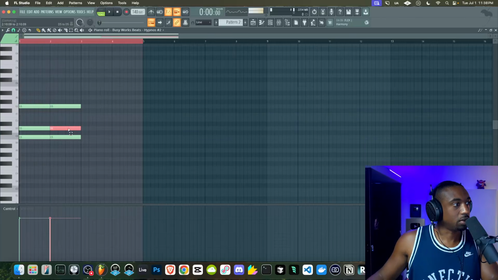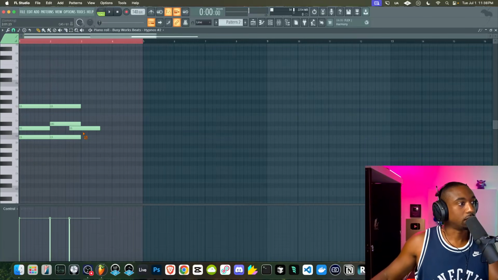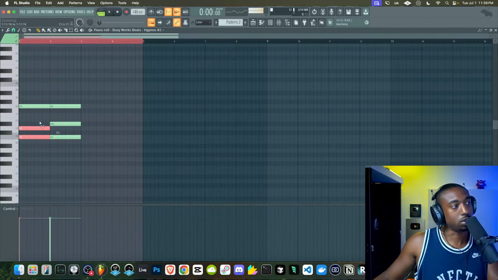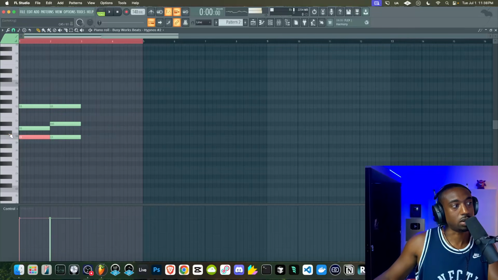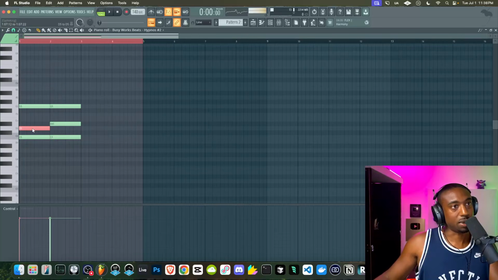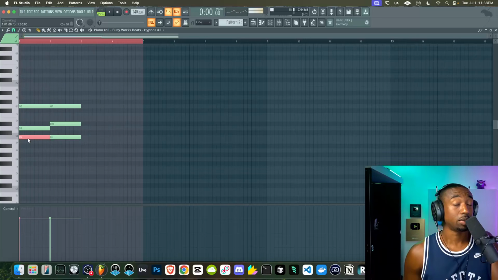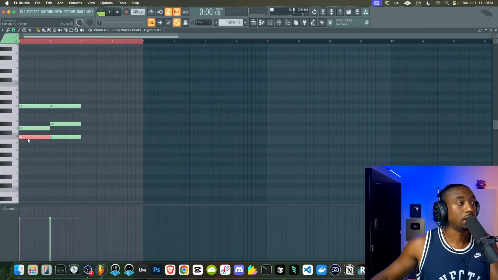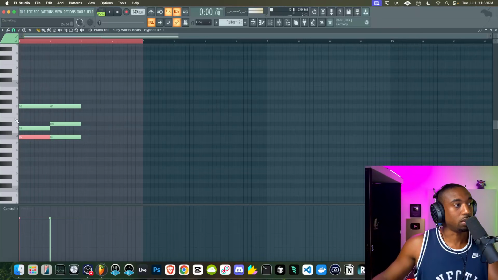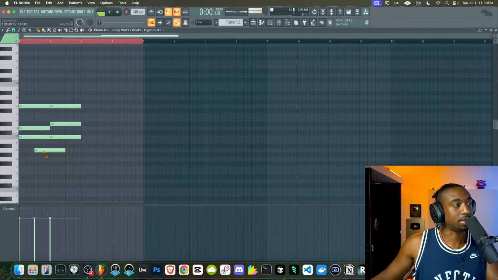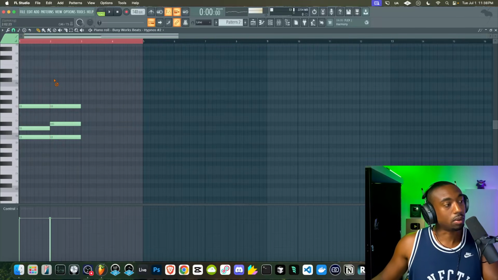Okay, so let's copy this over. You guys could just copy the notes. The chord code though is 027 to create a suspended second chord. 0 meaning your root note, count up 2 notes, 1, 2. So I get the suspended second, and then if you count from the root note again, it's 0 to 7, which creates the perfect fifth. So it's 7 notes up from here, 1, 2, 3, 4, 5, 6, 7. So that's how I get this. It's called 027, which is a suspended second chord.